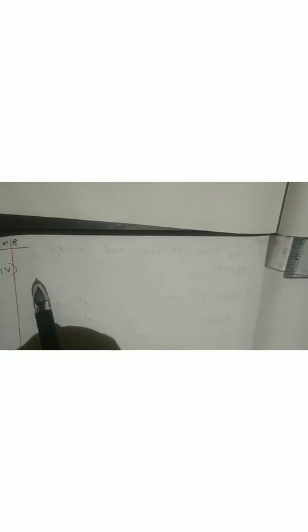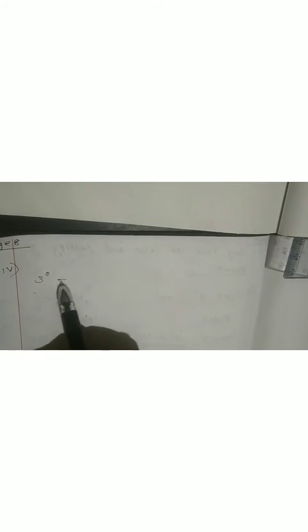Now, the fourth question, 3 raised to 0 is equal to 1000 raised to 0. We know that a raised to 0 is equal to 1. So 3 raised to 0 is equal to 1. Also, 1000 raised to 0 is equal to 1. So 1 is equal to 1. Here LHS and RHS are same.